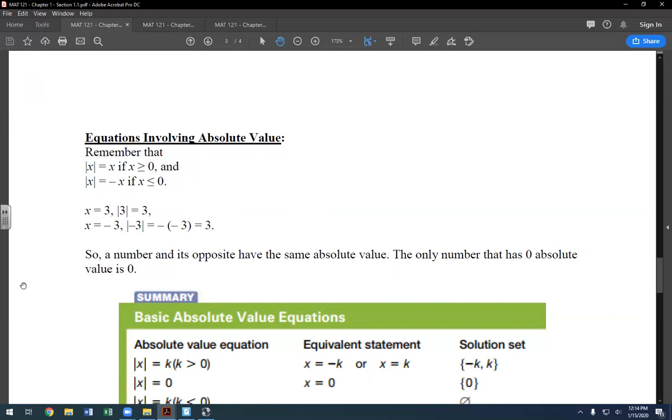So whenever we think about absolute value, we always think about it becoming a positive number because they are always distances from 0. So if your x was positive 3 to begin with, we're saying the distance of 3 is 3 from 0, right? If you are looking at x as being negative 3, well, the distance of negative 3 from 0 is 3 units. Now, what this little definition here is talking about,